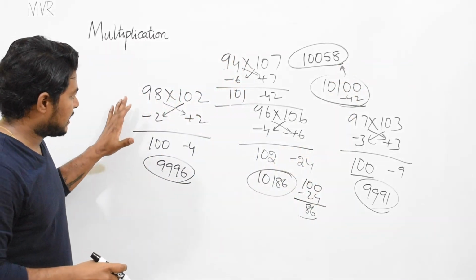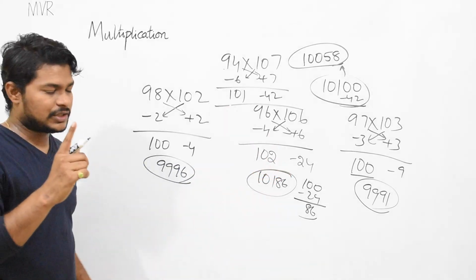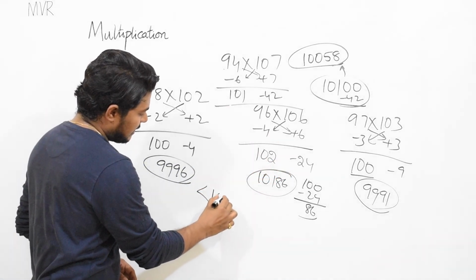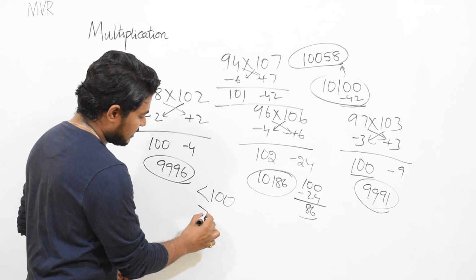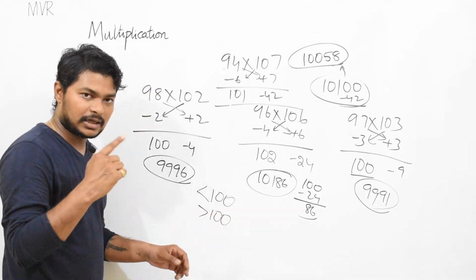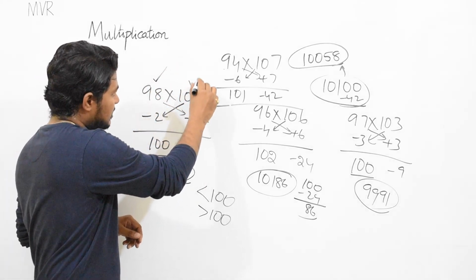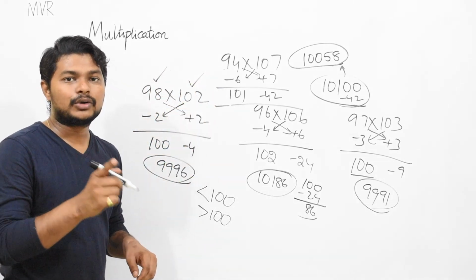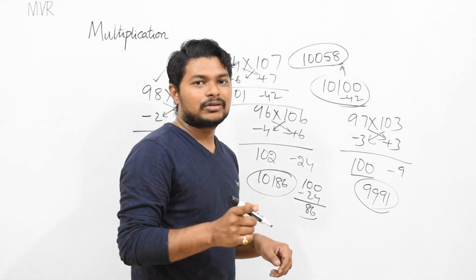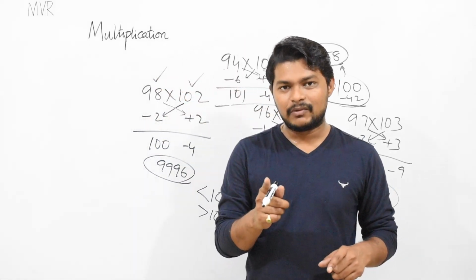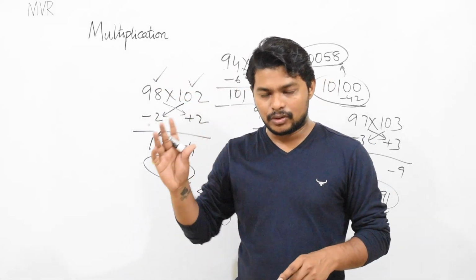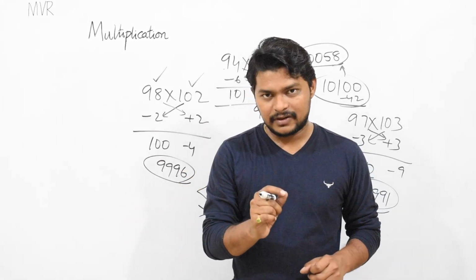So these three are the very important methods. First one is when all the numbers are less than 100. In the second method, they are greater than 100. In the third method, it is mixed: one number is less than 100, the other number is greater than 100, and you know how to do it. Actually, I have taught it very fast. Why? Because I want you to know the speed of this method. That is why I have done it fast.